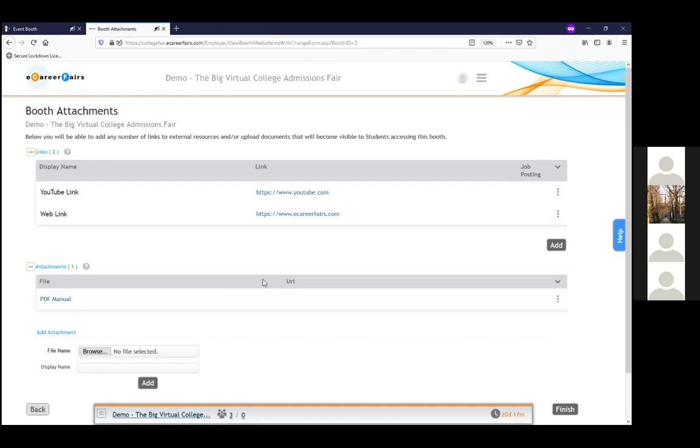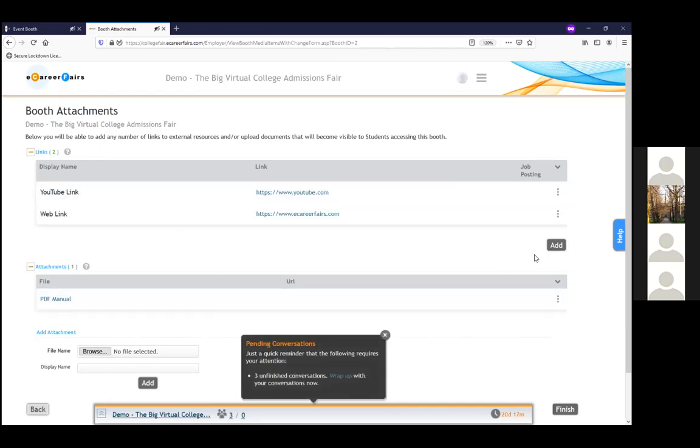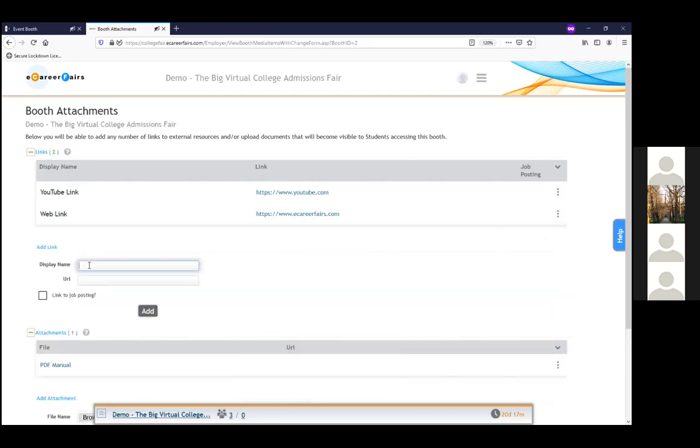The other thing that we can do is add your links. So under the links section up here, you can click Add, type the name that you want people to see, and then the full URL, the HTTPS here, and then go ahead and click Add. What does that look like to somebody? So what they'll see